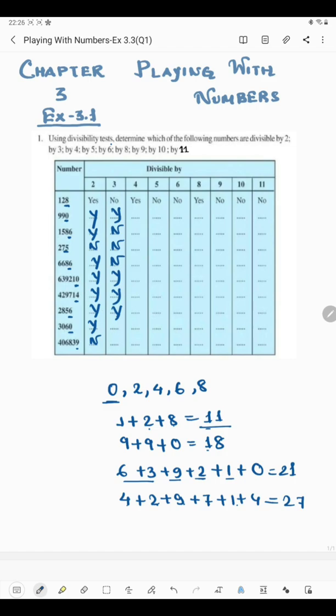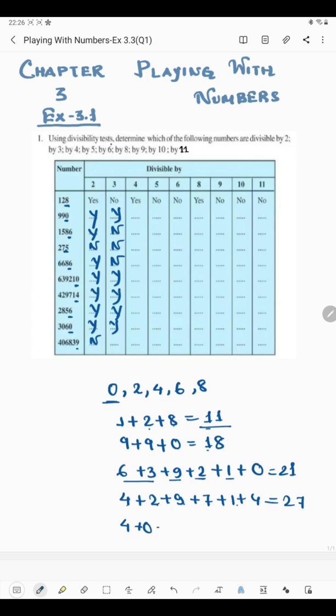0 is 3, 3 plus 6 is 9, 9 plus 0 is 9. So that means this 9 can be divided by 3 because 9 comes in 3's table, so we'll write yes. The last one we have 4, 0, 6, 8, 3, 9, and if you add